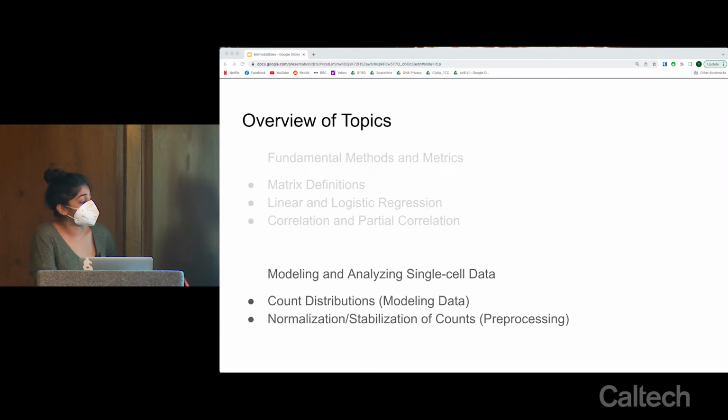the different ways we model the data, the different ways we do normalization and stabilization and preprocessing. But at this point, again, I also want to ask if people have any questions about the previous methods or metrics that they might use or be interested in. All right. Well, so